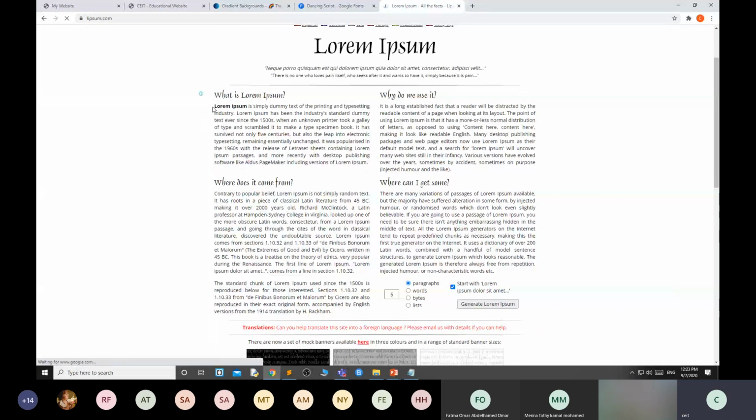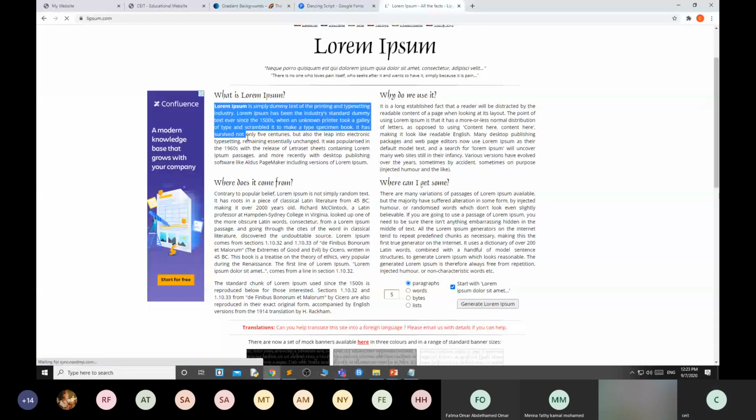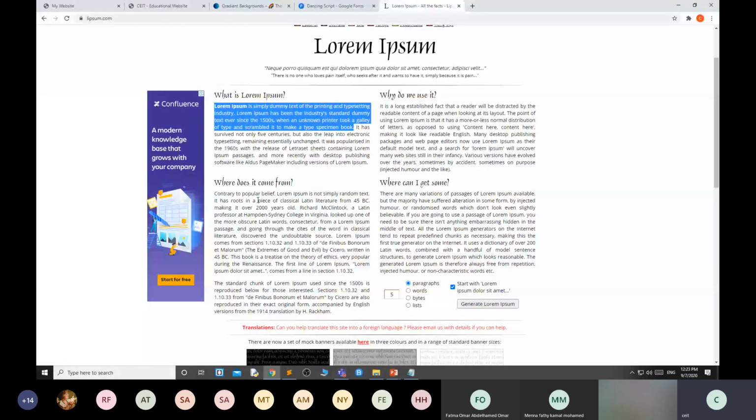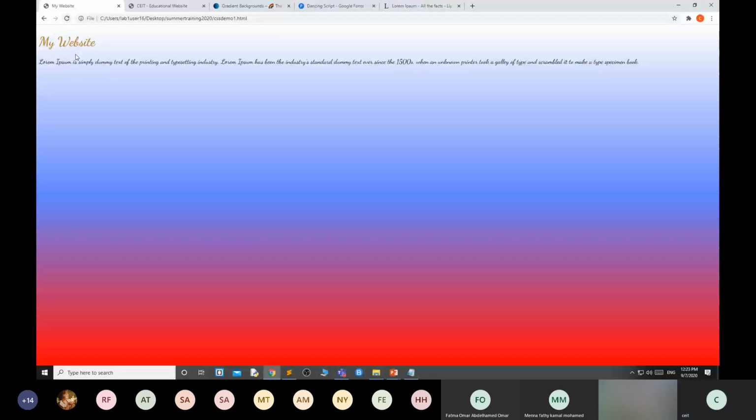You just copy how many lines you want. Okay, these are some default text which is used for web designing. You can see that any website which provides web templates, they're using this default text. You can copy how many lines you want.